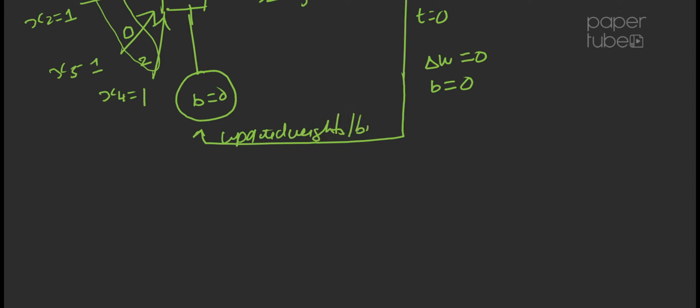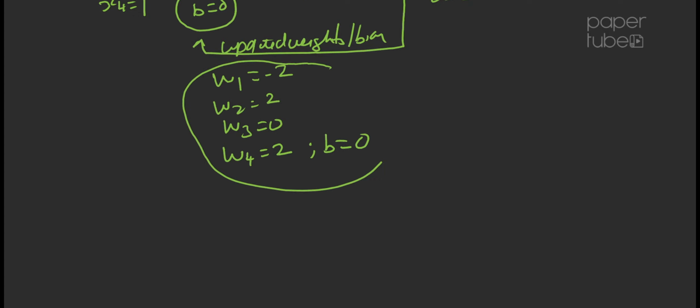So your new weights and bias, or your updated weights and bias, will remain the same, which means W1 will be equal to -2, W2 will be equal to 2, W3 will be equal to 0, W4 will be equal to 2, and then the bias will be equal to 0. So we are going to use this weight and bias, and then we are going to read the input that corresponds to sample 2. So let's do that. So sample 2, and then the iteration epoch 3,